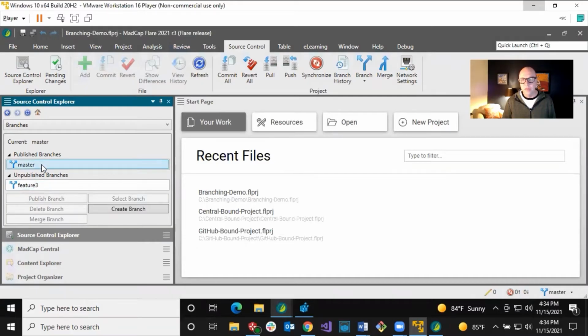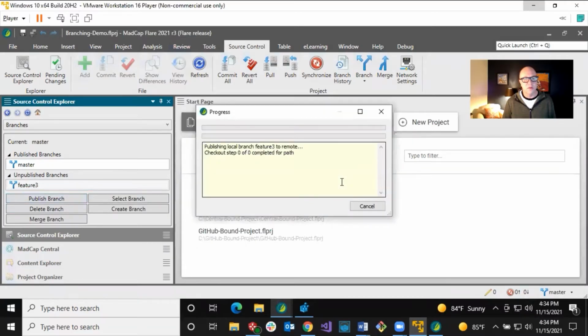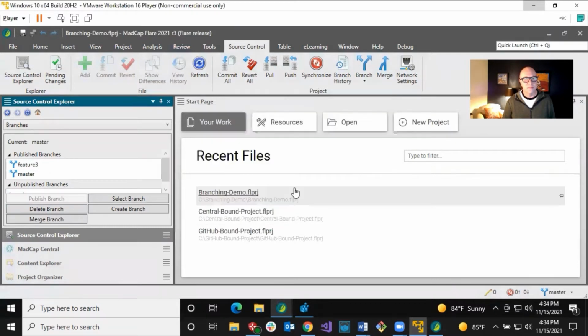All right. And there we go. We want to click publish branch, and it's going to go up to the remote as well. All right, so his moved up there. Cool. All right, now let's go into